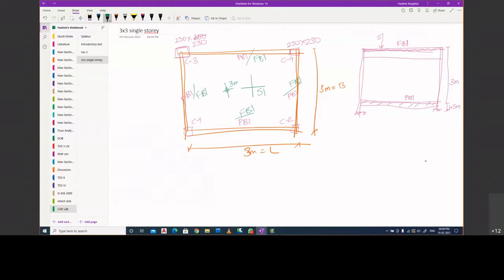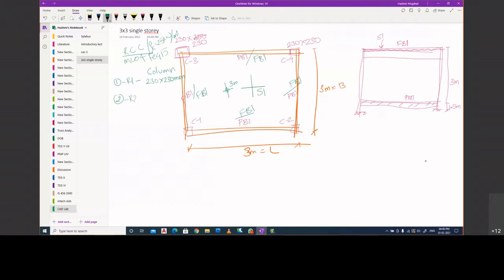Fine. So now in all we have many properties. First property, we will name it as R1, and this property is for columns. Okay, what does the property say? It's a column of 230 by 230 mm. It is made up of concrete, or this entire structure we are considering to be RCC. Okay, M20 grade of concrete and Fe415 grade of steel, and we are considering the density of concrete to be 25 kilonewton per meter cube. I hope that is clear.